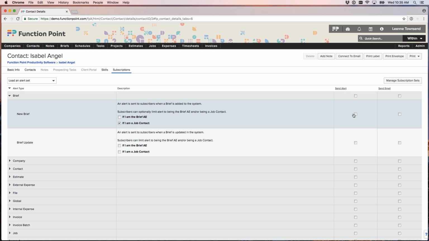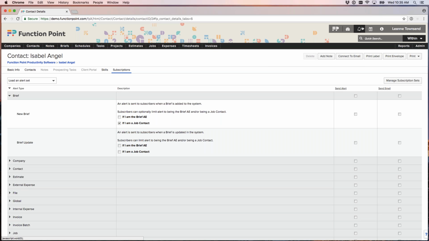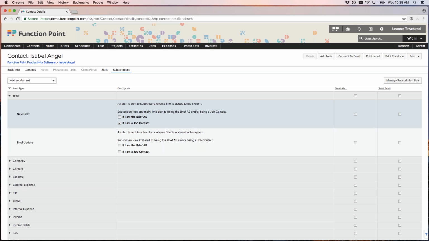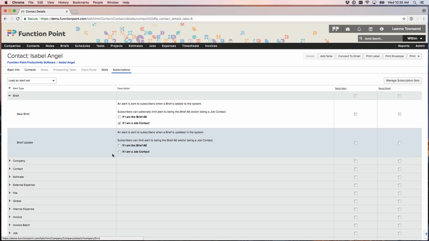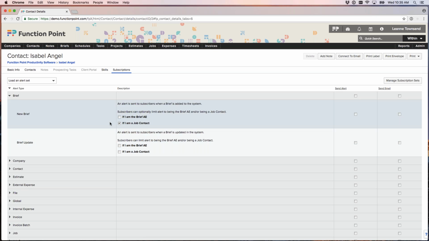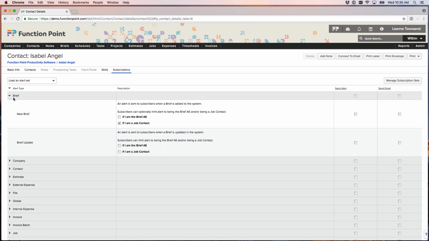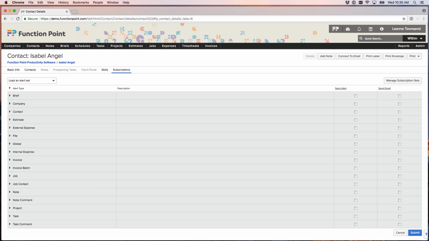I can go and make that selection and then say, do I want to receive an in-system alert? That's going to live within this super nav bar under this bell, and it'll show a little red number depending on the number of alerts I have. Or maybe I want it to receive an email. I'm showing you kind of a bad example because she didn't have any subscriptions. But again, it's going to show you anything you are subscribed to. So you can just open up the drop downs to see what you're subscribed to, and then maybe make tweaks